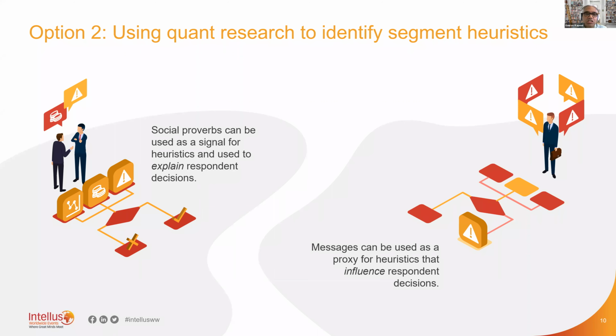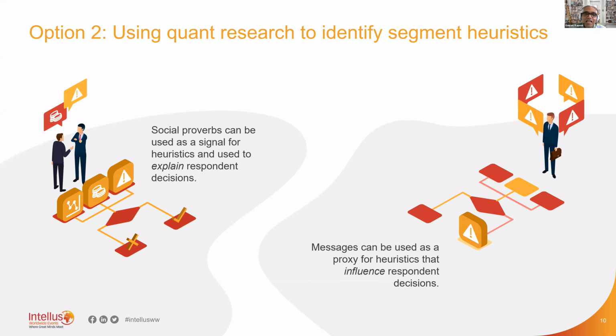And if the physician does think like that, they're already making decisions like that. They may score that social proverb high when asked whether it describes how they make treatment decisions in chronic heart failure. Well, that social proverb actually maps really well to a heuristic called peak and rule. And now you've very cleverly gotten the respondent to tell you that they're using peak and rule without them having any idea of what you were doing.